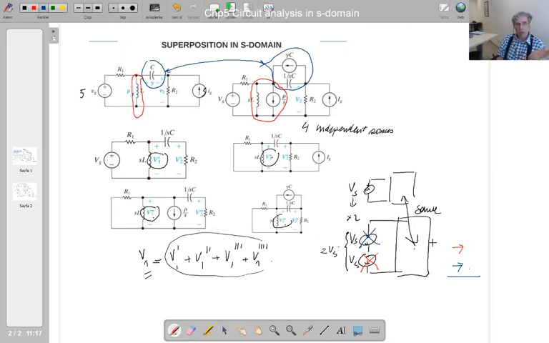It is true whether it is in the time domain, the frequency domain, or the S domain. The only condition is that the circuit must be a linear circuit, then all of this can be said. So that is the end of